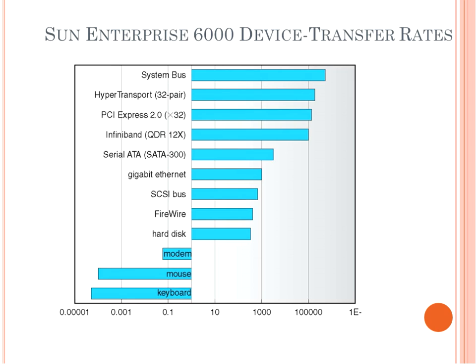Here are the Sun Enterprise 6000 device transfer rates. These are some of the devices on the Sun Enterprise 6000. Now, this is more known as something you'll find in the workplace. You will not have one of these at home. They are typically known as workstations, set up in a workplace, typically using network servers, but it itself will have some capabilities. And these are some examples of some transfer rates.